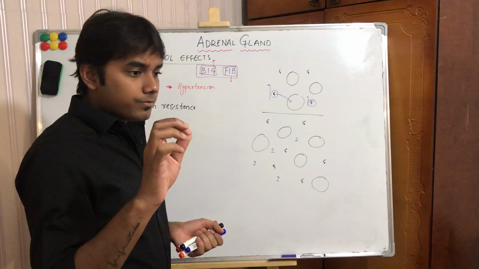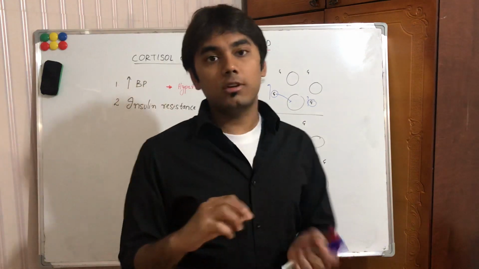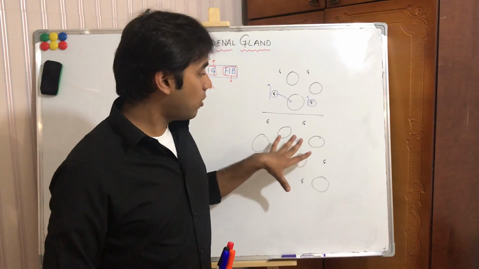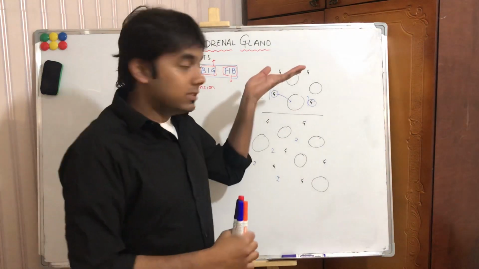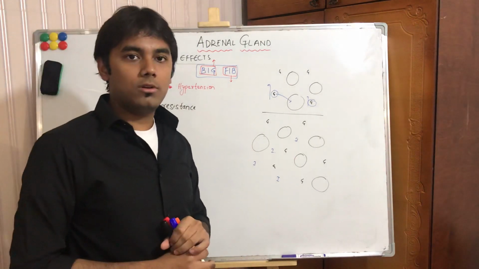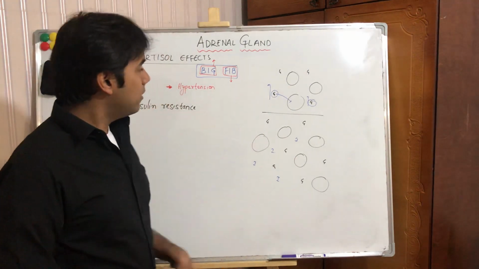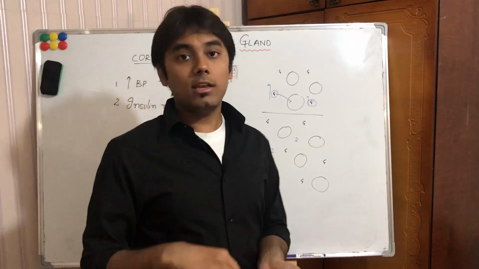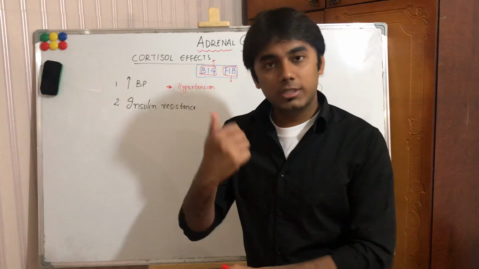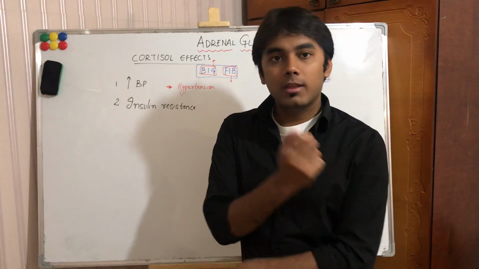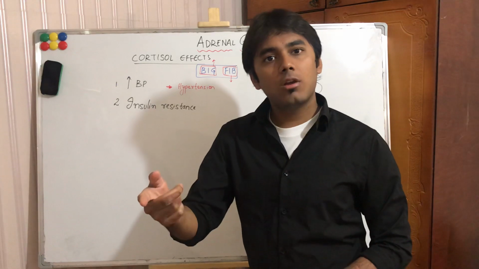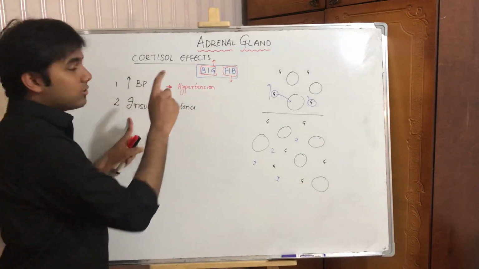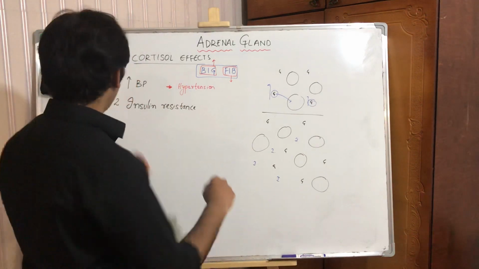Now, what is the effect of cortisol on insulin resistance? This activity, so-called insulin resistance, is increased with the help of cortisol. Right? So look now, if a patient is type 2 diabetic and he is taking shots of cortisol for a long time, then will his type 2 diabetes worsen or become normal? It will worsen. So cortisol is contraindicated in patients with type 2 diabetes.